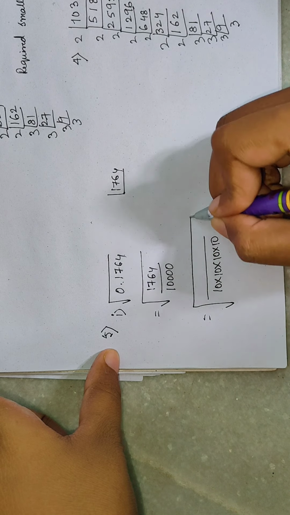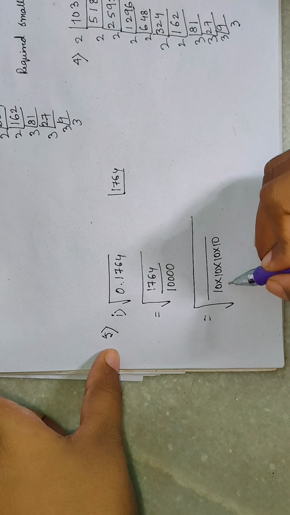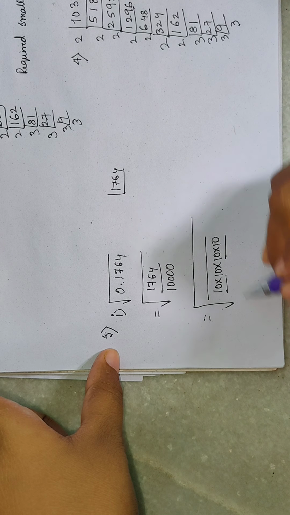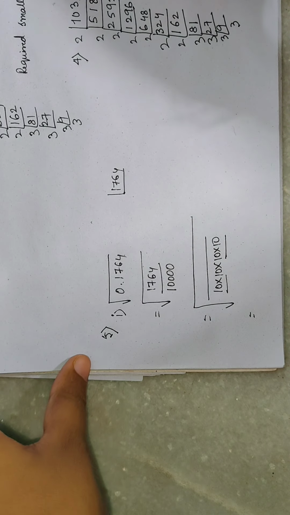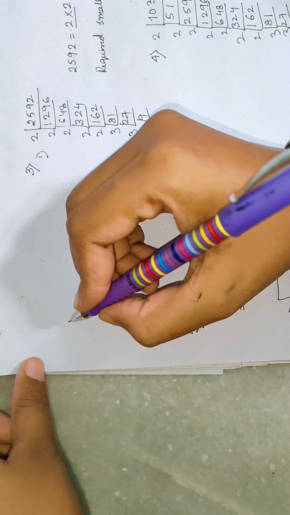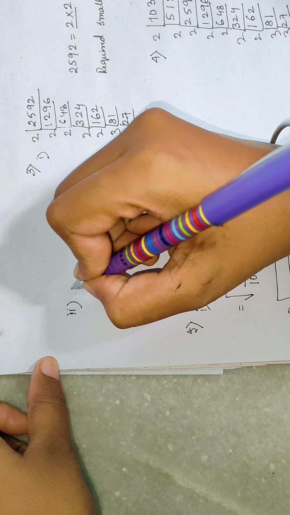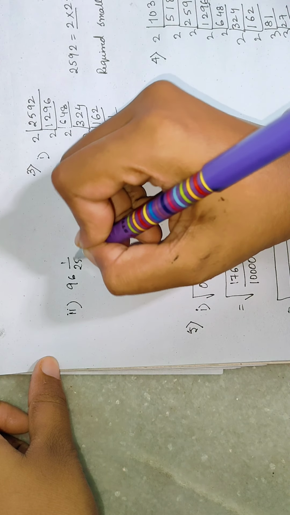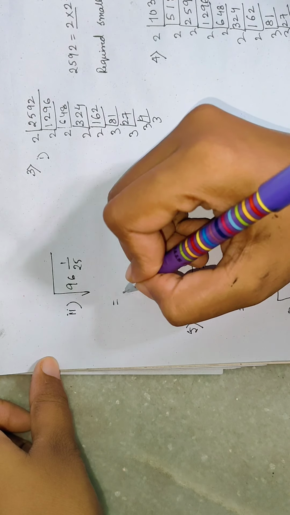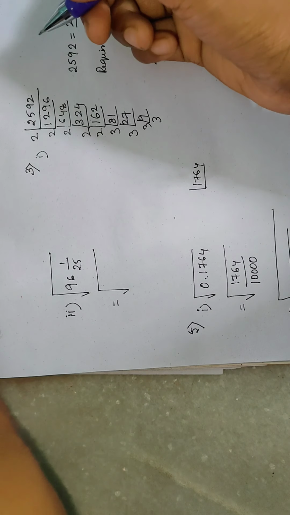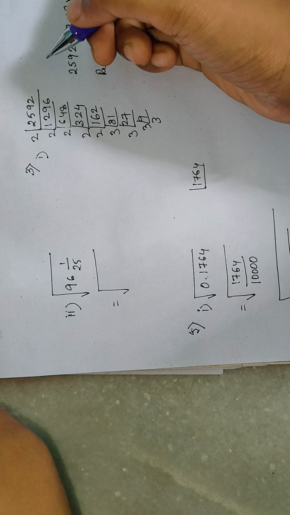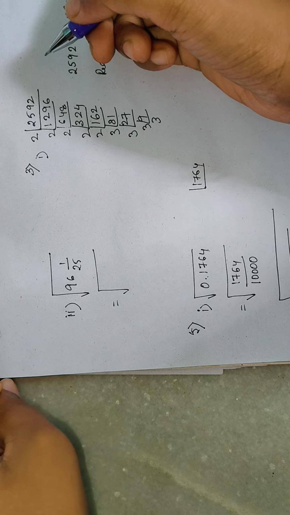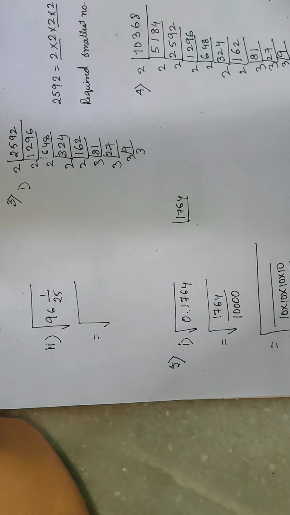After prime factorizing it, you have to make pairs of 2 and then find the answer. Do it yourself, try it. If you cannot, then I will help you out. Come to the next one, that is 5(2). It is said that you have to find the square root of this. First change the mixed fraction into an improper fraction, then solve it. You can do it yourself. And 5(3) is also the same. So try up to 5. No, not up to 5. I am explaining number 6 also. You will do today up to number 6.